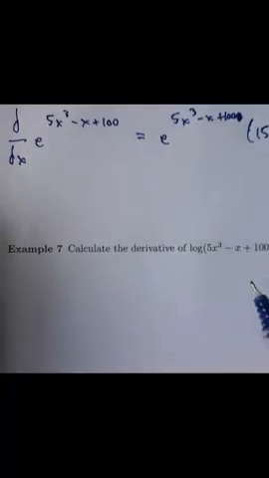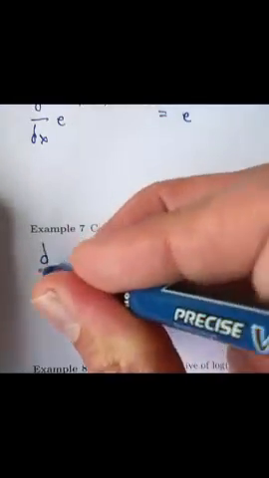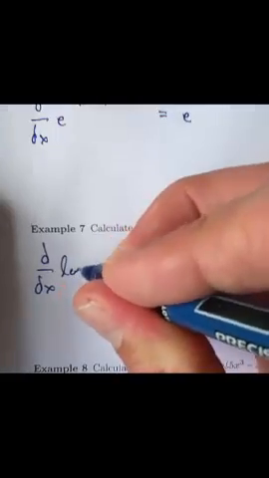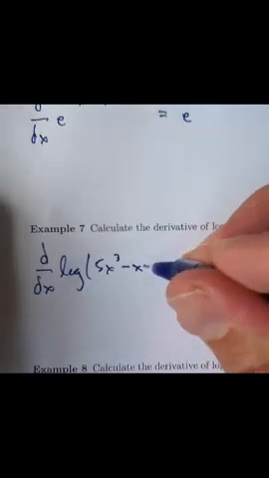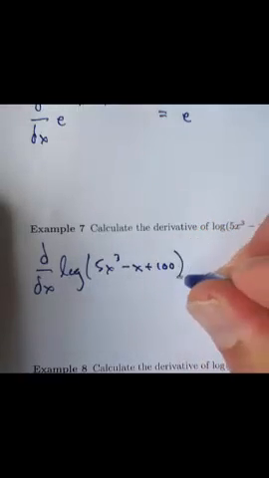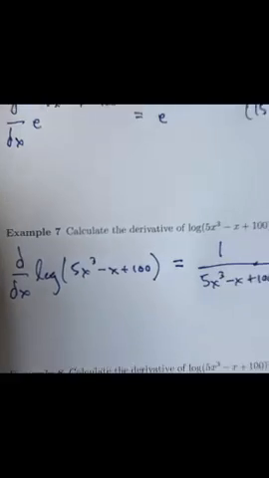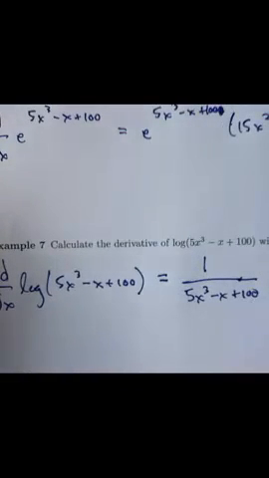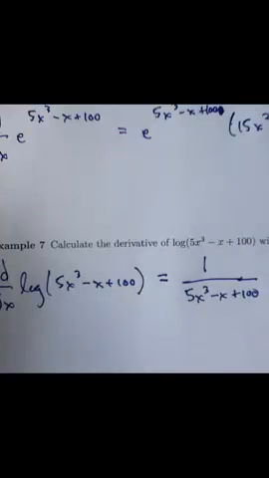The derivative with respect to x of log of 5x cubed minus x plus 100 is going to be 1 over all of that stuff, 5x cubed minus x plus 100. Then the chain rule says to multiply by the derivative of the function inside here with respect to x. So that'll be 15x squared,